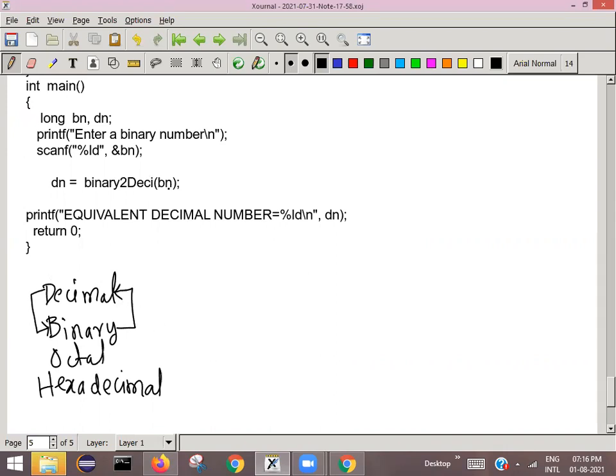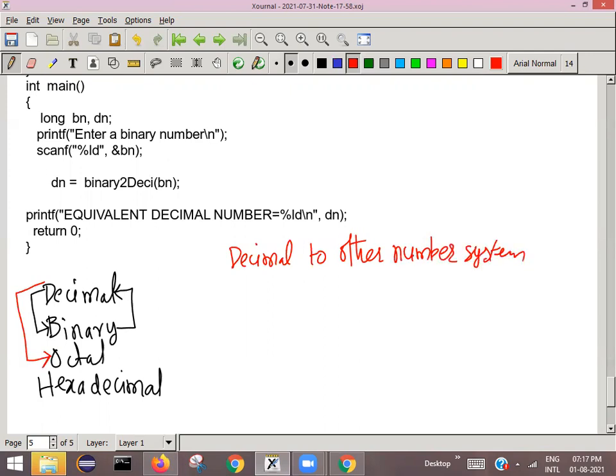So next we see decimal to octal conversion. Please remember, friends, whenever you want to convert a decimal number to any other number system, what is the logic?